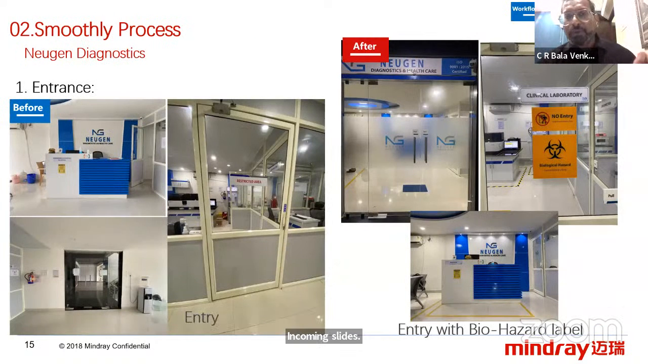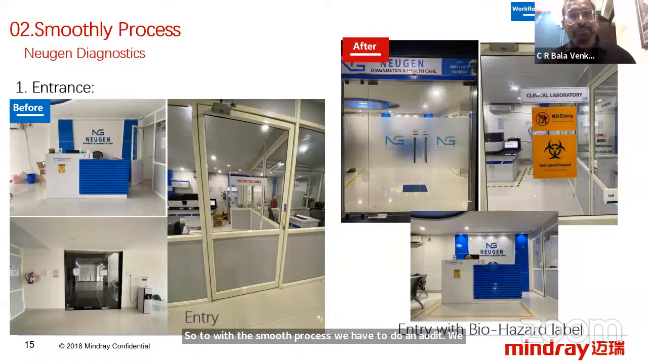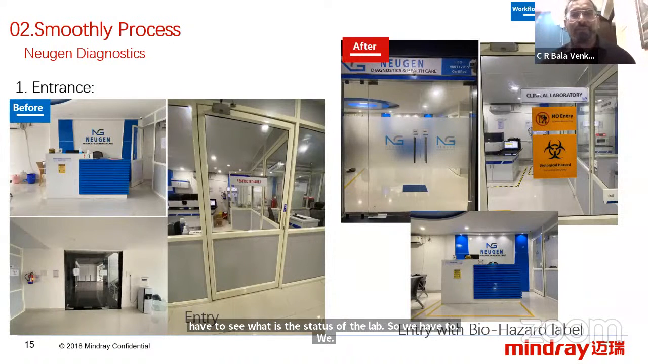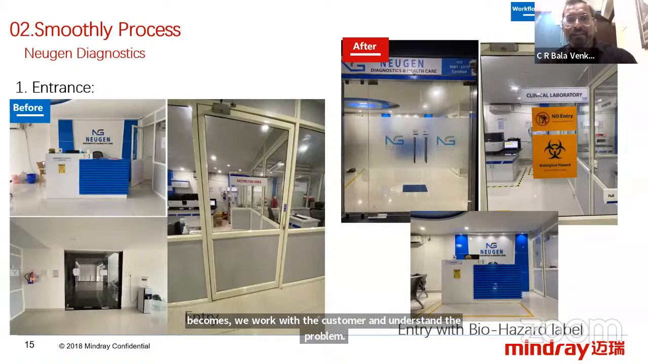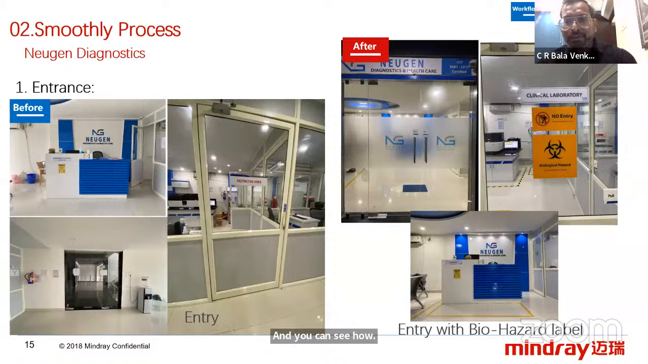So with this smooth process, we have to do an audit. We have to see what the status of the lab is. We started from the reception to the end of the process, even till the storerooms, how they maintain the stock. So we have covered this process completely. We work with the customer and understand the problem, and you can see how the reception and the entrance of the